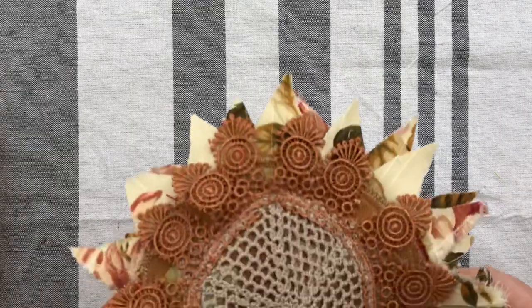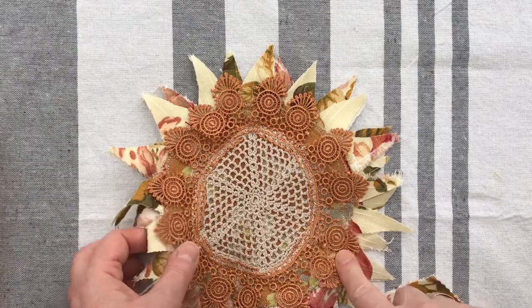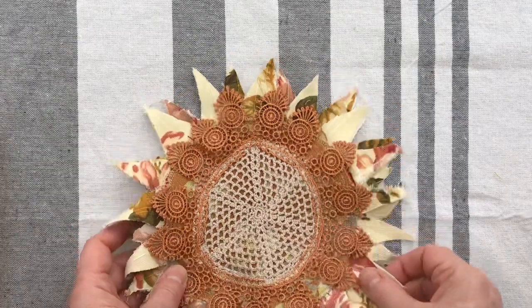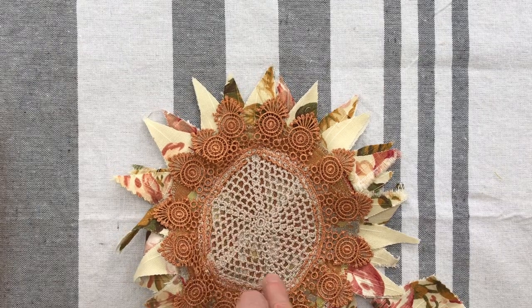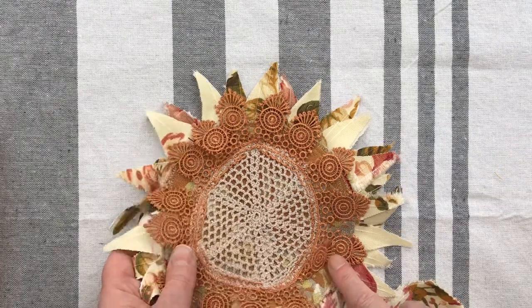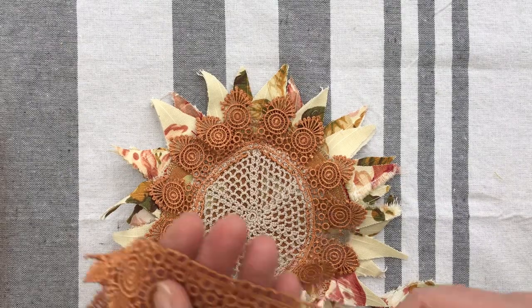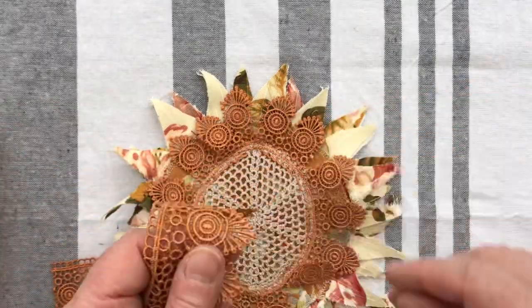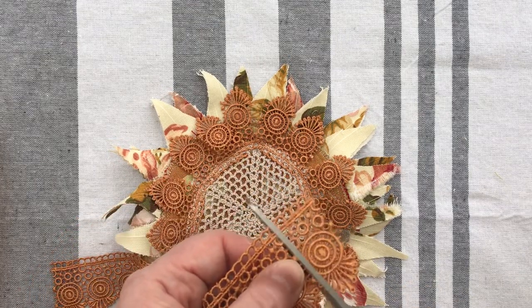So I have started on a few more, and this is another one I've started on. And this time I've decided to try and use up some of my lace supplies. I've put a crochet doily, now this was one I got in Iraq. And I added ordinary lace, the sort of lace most of us have, on top of the layer of petals. And this is the way the lace starts out. It starts out like this, but I cut down into it,